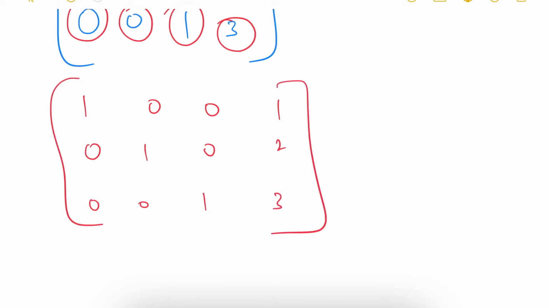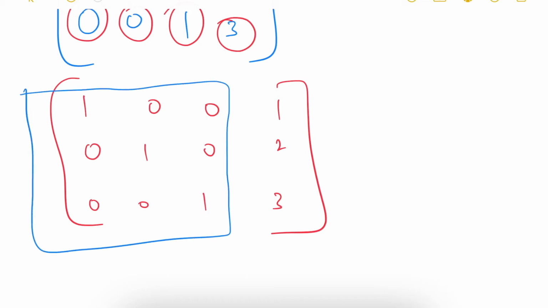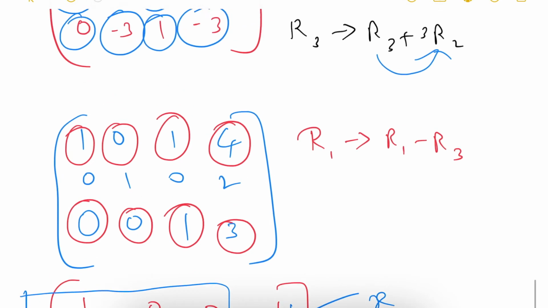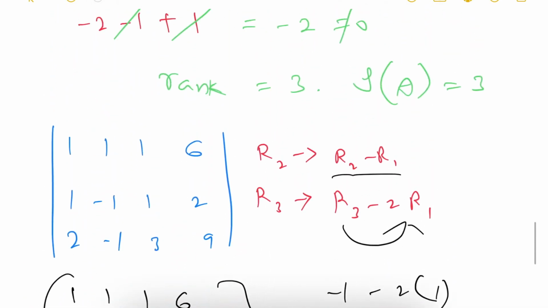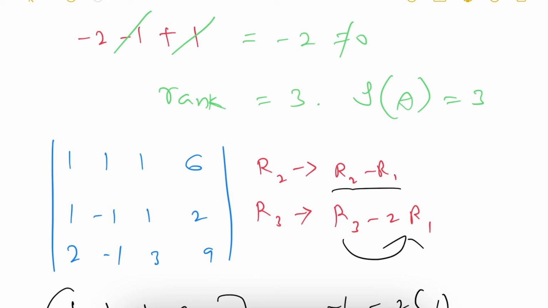Why I did this many changes is that if we get a unit matrix here, then whatever the remaining extra column values are, those will be equal to x, y, z. That is the only reason I did this much. So before doing all this, we can clarify in the beginning itself that this rank is 3. No doubt at all.